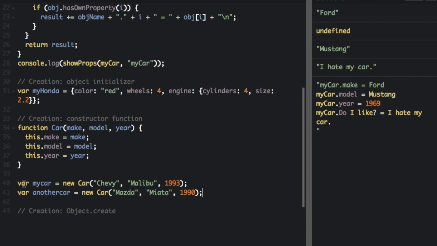Say we have myCar equals new Car. I'm going to pass in Chevy Malibu 1993. Another car is going to equal new Car Mazda Miata 1990. And then if I just do console.log,